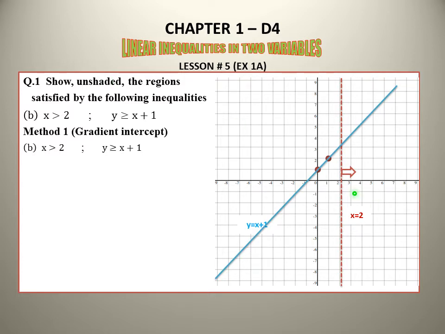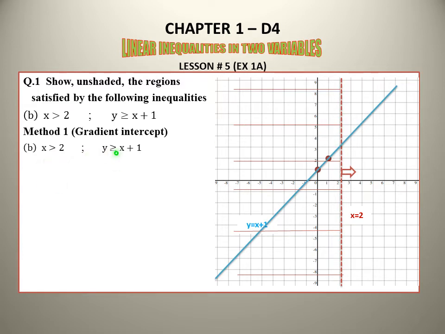So first we have identified the defined region. This is the defined region, the region in which the solutions of this inequality lie. So we will not shade this, we will shade this region like this. Draw lines which are perpendicular to the given line. You can draw more lines here.